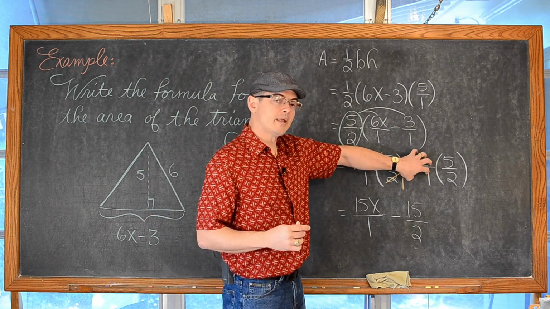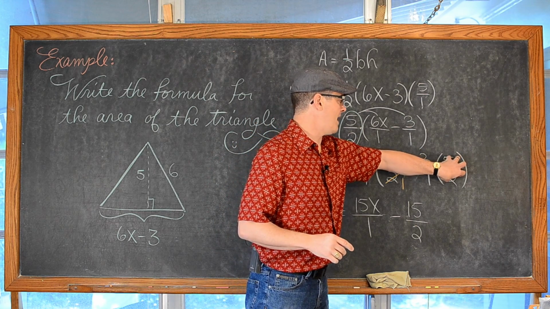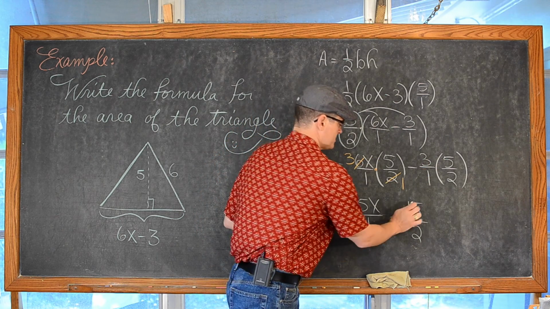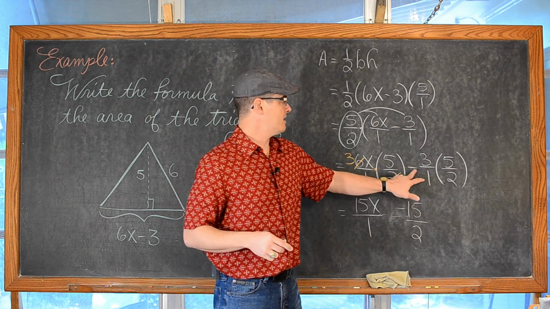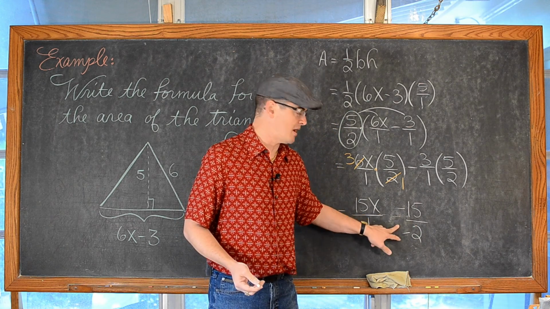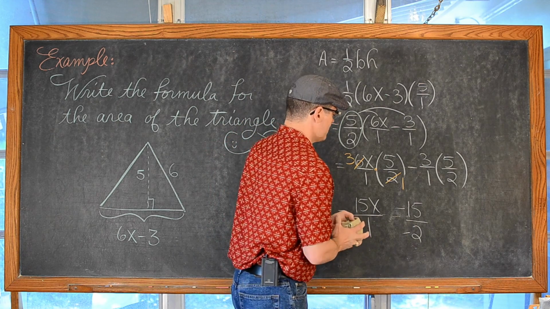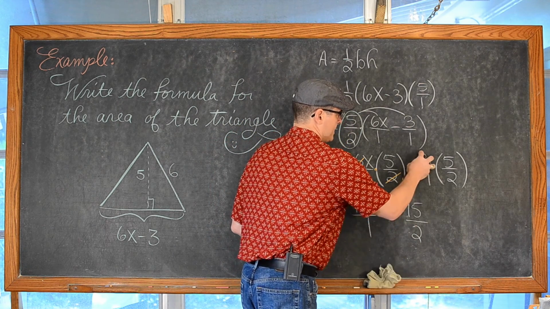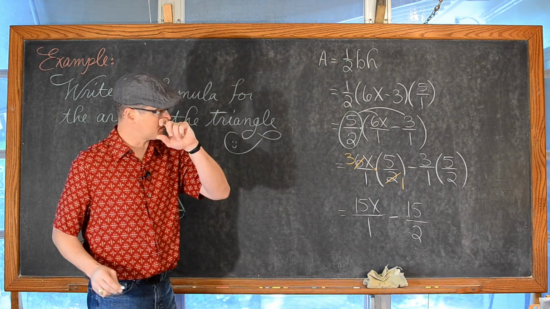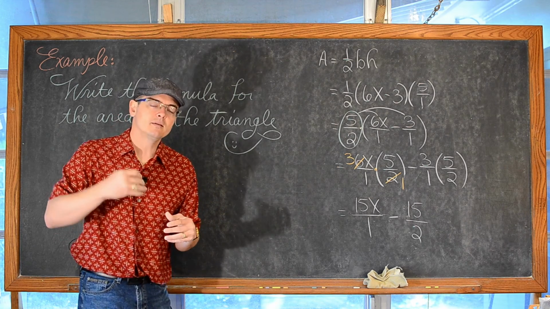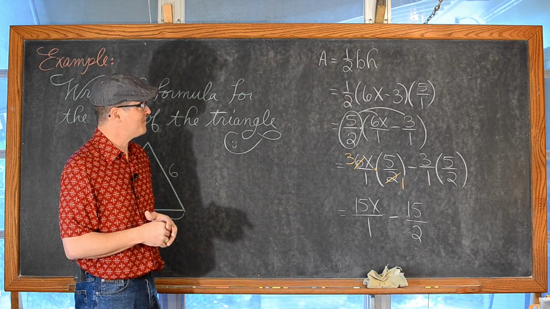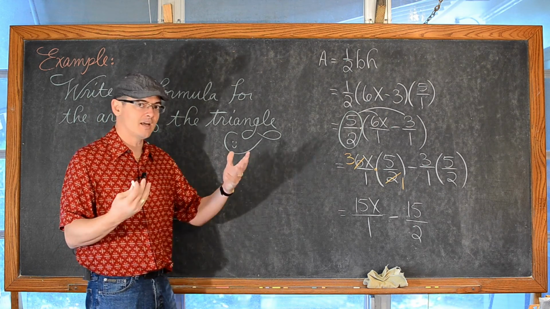If you don't look at that whole negative fraction times this positive fraction, some students will accidentally do negative 3 times 5, which is negative 15, and negative 1 times 2, which is negative 2. Well, negative divided by negative is positive, and that would give them a sign error. So it might be better just to say, hey, I got a negative fraction, a positive fraction, and negative times positive is negative, and then just again multiply the numerators and denominators separately with mental math, not your calculator. You need those skills as you move up through your math, and just in life in general.